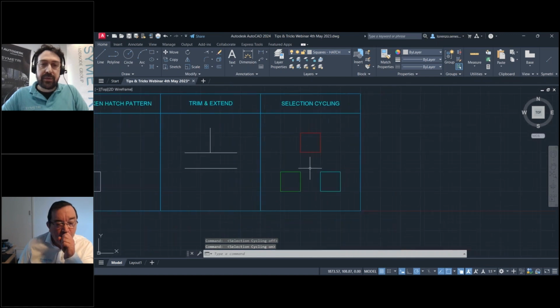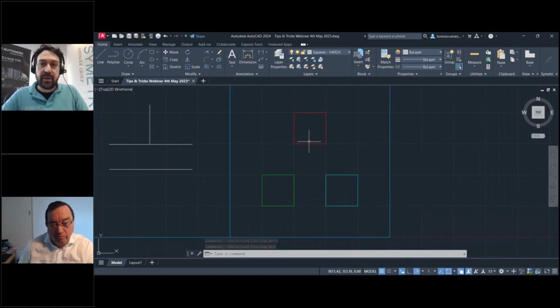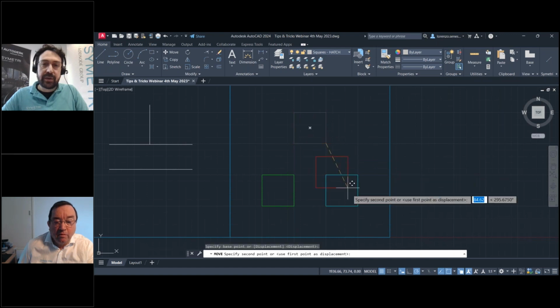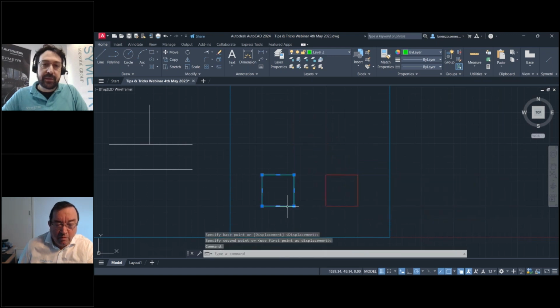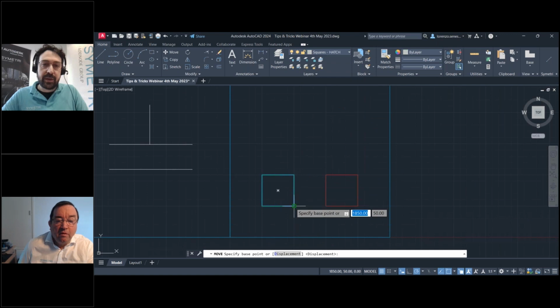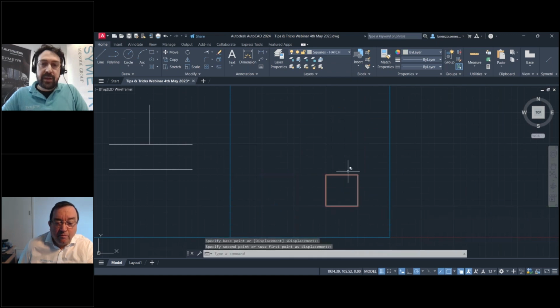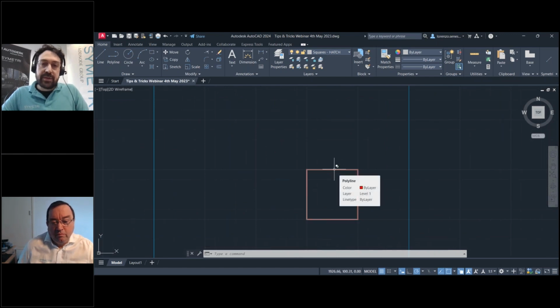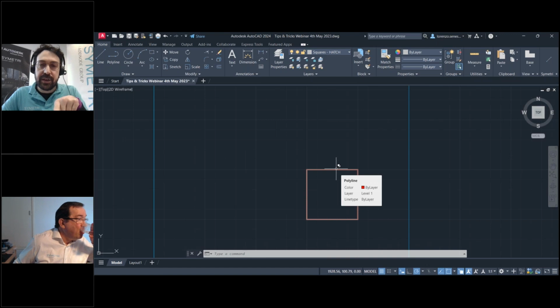Okay, now I have these three objects. They are inside three different layers and different colors. I'm just going to move them one over the other. So just like this, and then I'm moving this one over this. They are three objects and they are one over the other. With the selection cycling, you can see that if I'm going over them with my mouse, there is that icon beside the crosshair. It is just telling me that this selection cycling is working, and it is telling me that